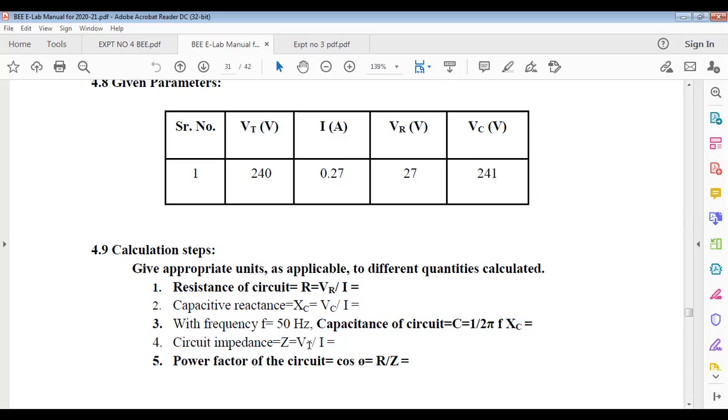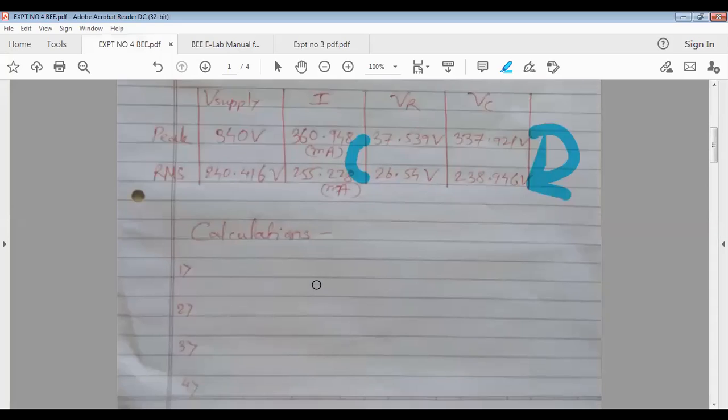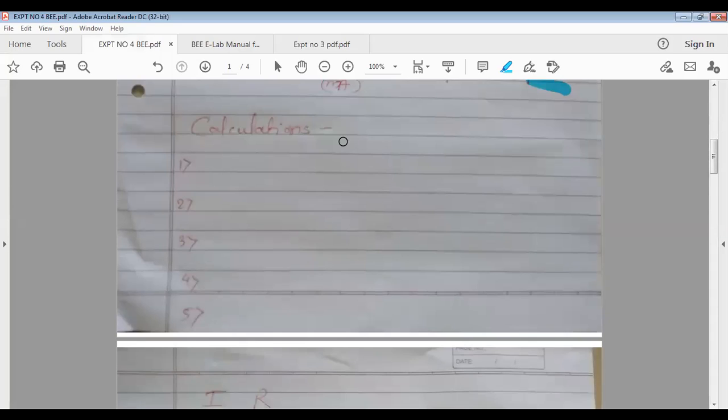Now total voltage divided by total current here will not be the resistance. Why? Because along with resistance their capacitor is also there. So in second unit you will learn if along with resistance capacitor is there, inductor is there, or both are there. So opposition to the flow of current, that is total voltage divided by total current, is impedance. It is denoted by Z. Unit is ohm. And whatever the impedance triangle you will get for this is nothing but it's a series RC circuit. So in series RC circuit in second unit you will learn impedance triangle, you will get like this.